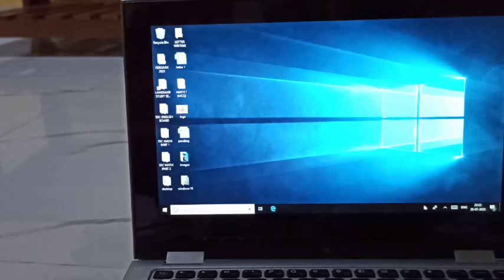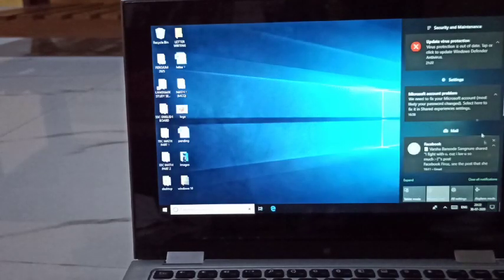Now see, here at the right corner is called the notification area. It means if you received any message regarding your computer, for example if any viruses are there, you will see it here in this notification, right? See, if I am clicking here, now this many messages I have received. So all the important messages you can receive from here.